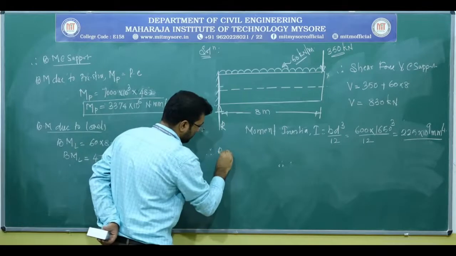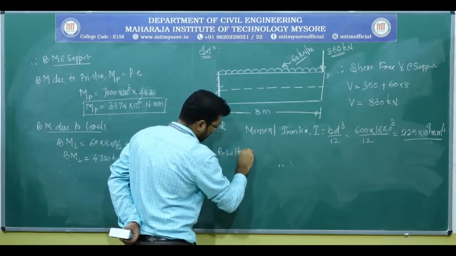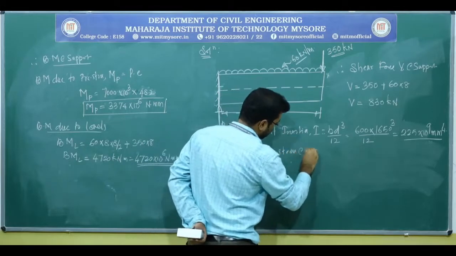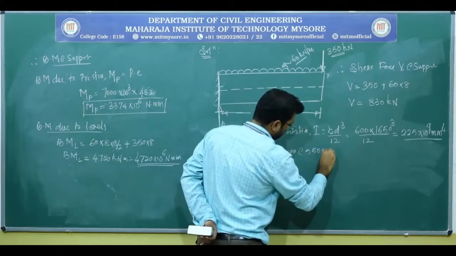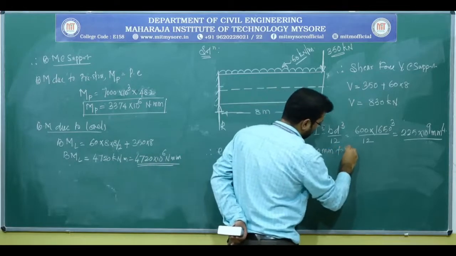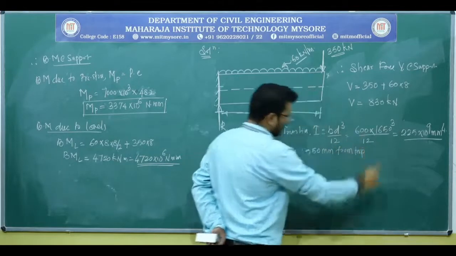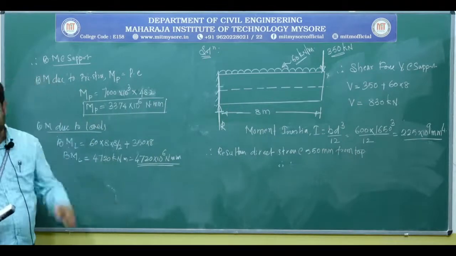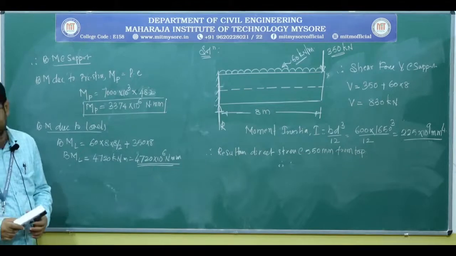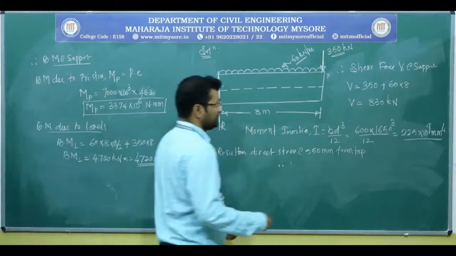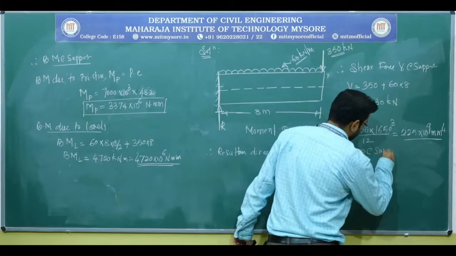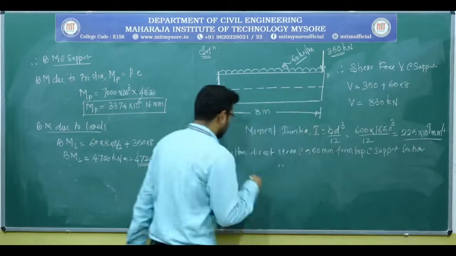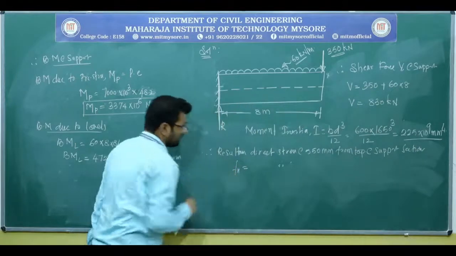Therefore, resultant direct stresses at 550 millimeter from top. Okay, this is important. 550 millimeter from top at support section. At support section. So f of x is equal to